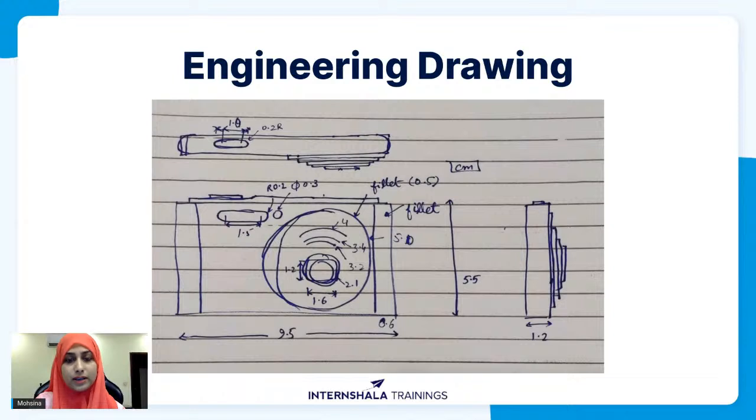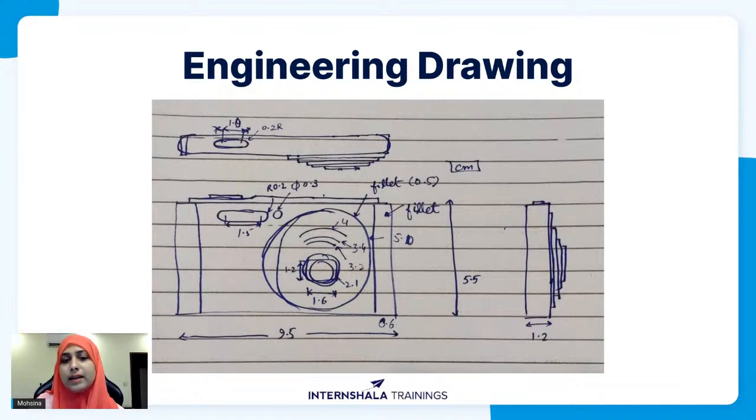Engineering drawing, as shown here, is a sketch or a 2D view of a 3D object. It shows how the part looks like, what its size is, and how it would fit together. You might create an engineering drawing to convey your requirements to a vendor, to get feedback from the client, to market your product, or hand it over for manufacturing.